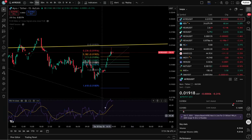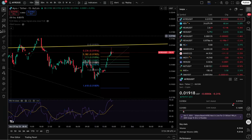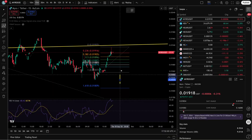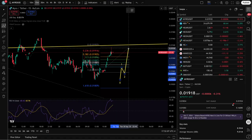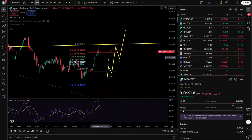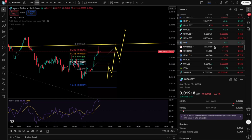You can see that it's getting a little overextended here. Looking for a pullback, and then right like this. 1, 2, this run up here. 3, right down here, entry for a long right there, and ride the 5th wave up, something like that. Alright, so not sure, it might keep going. Now that total 3,